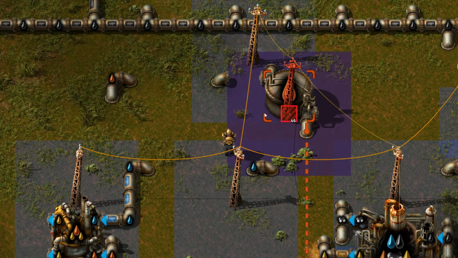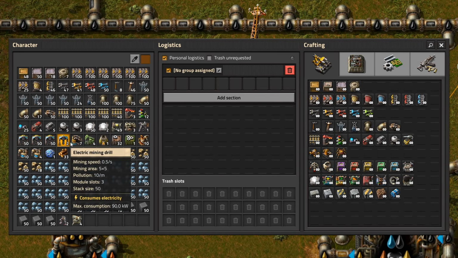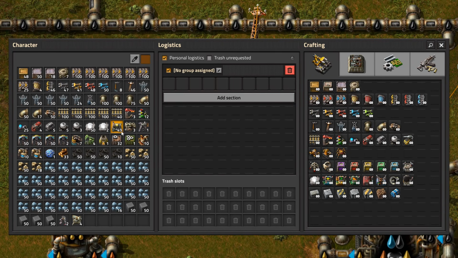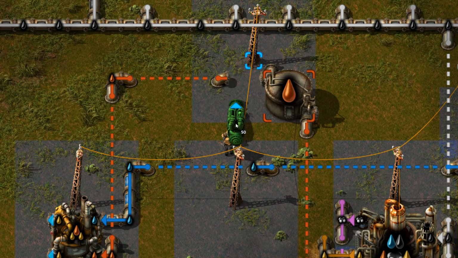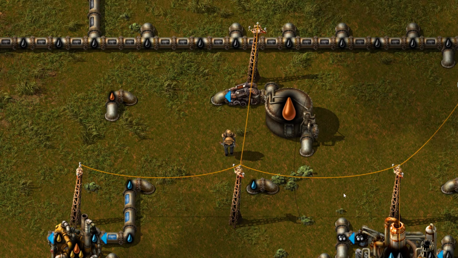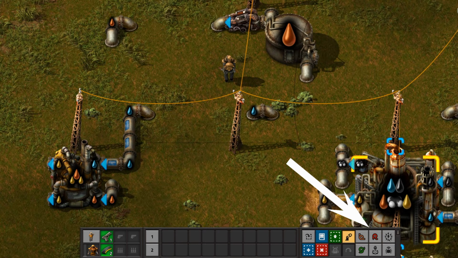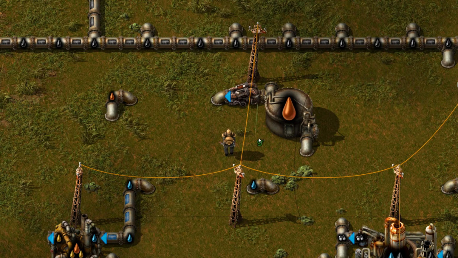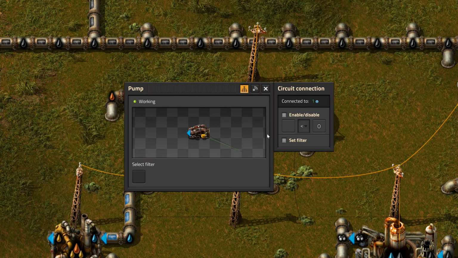So what we can do is use the circuit system to put in a very, very simple condition that says only make light oil from heavy, so only convert the heavy to light, if there's so much heavy oil that we don't know what to do with. And we would do that by very simply taking one of our wires, it doesn't matter which one, and we connect our pump to our tank, which is our buffer that's just going to fill up and fill up, remember, and we say to that pump,